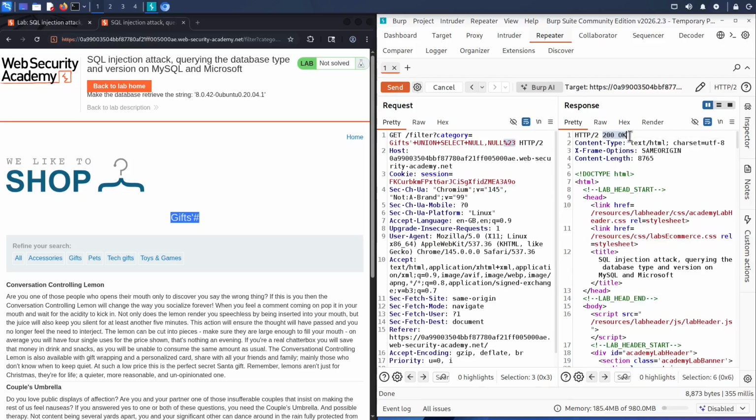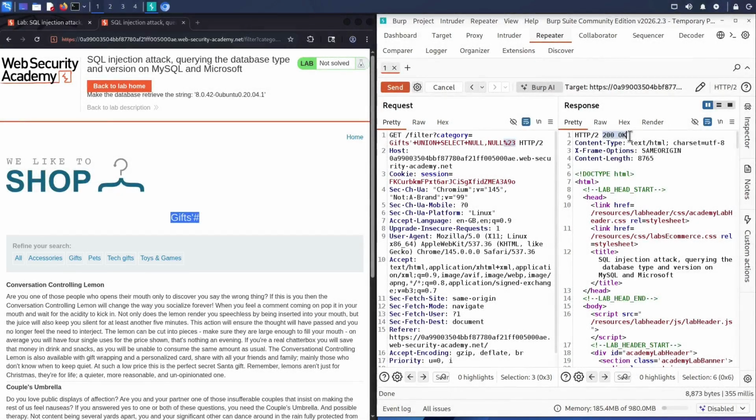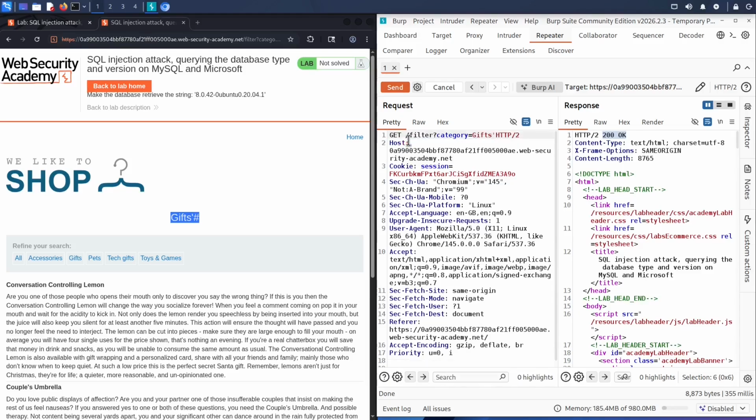We then increase or decrease the number of null values until the query executes successfully. When the number of values in our union statement matches the number of columns in the original query, the page returns a valid response. After identifying the correct number of columns, the next step is to determine the data types of those columns. We can test this by